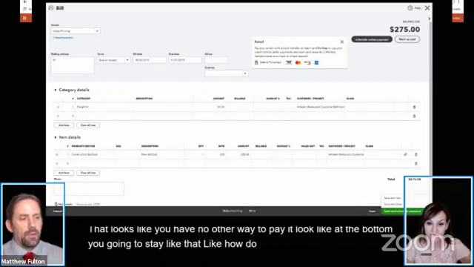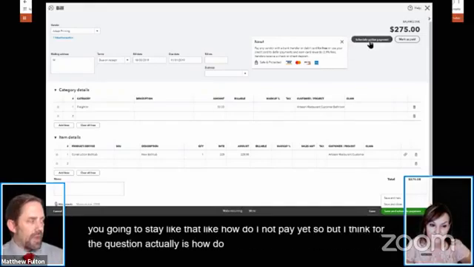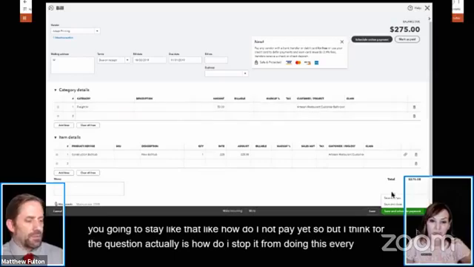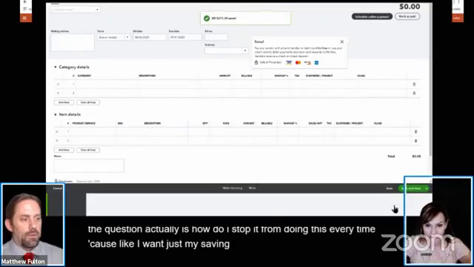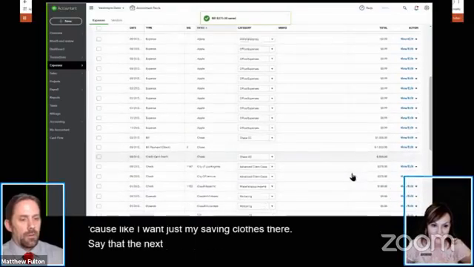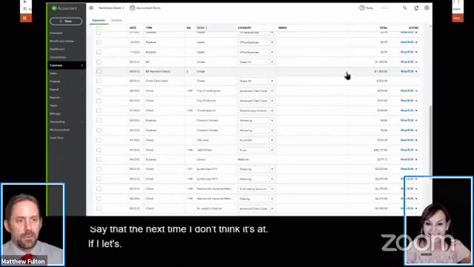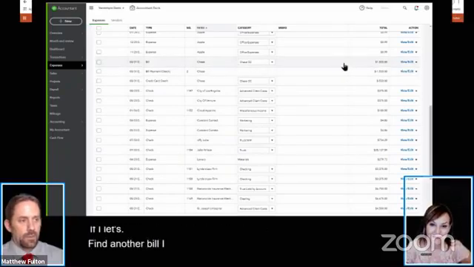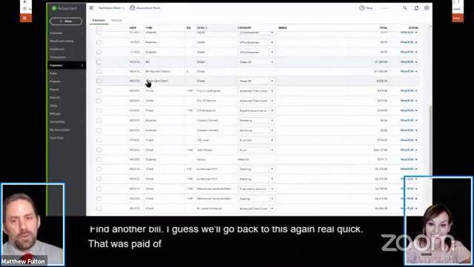Yeah, there you go. But I think part of the question actually is, how do I stop it from doing this every time? Because I want just my save and close there. I think if you do save and close it will say that the next time. I don't think it's set. Okay, so let's save and close. Let's find another bill, I guess we'll go back to this again real quick. That one's paid, of course. So if I create a new bill,